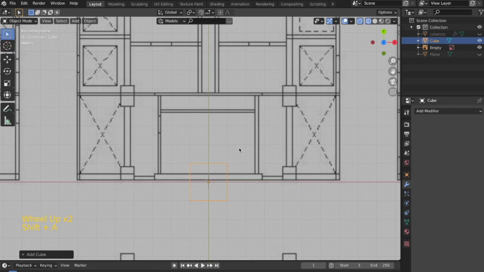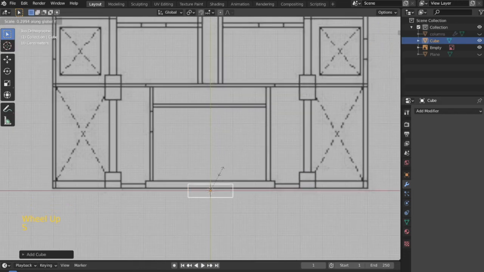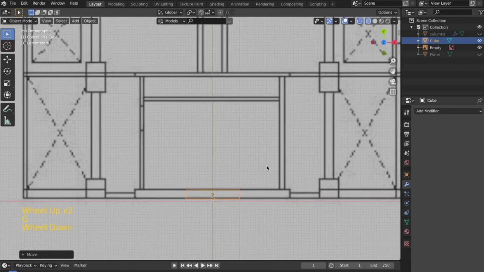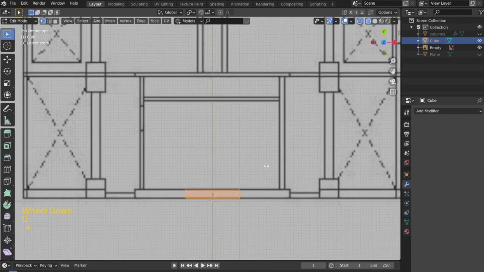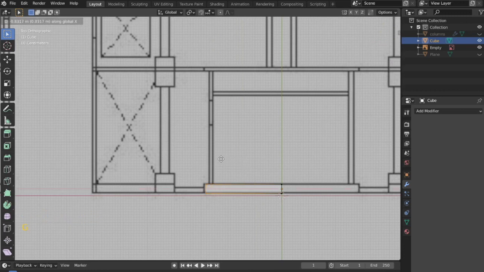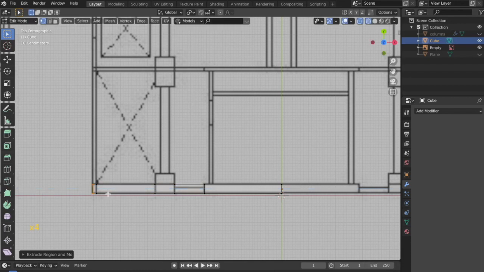Now I'll go over here and select a cube, scale it along the y-axis so that it has the same thickness as this wall. Now I'll go into edit mode by pressing Tab and then press G and then X. So now I'll bring this edge to this point. Now I'll select only these two vertices and then press G and then X. Now over here I can extrude it and then again extrude it, and again, and yet again.